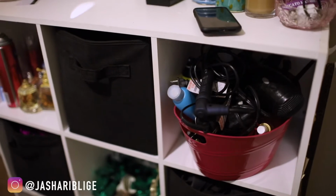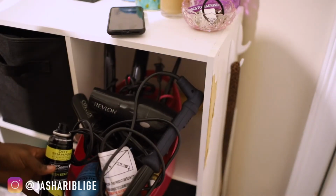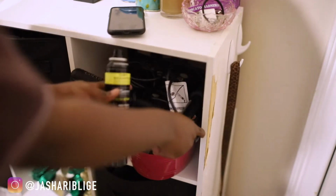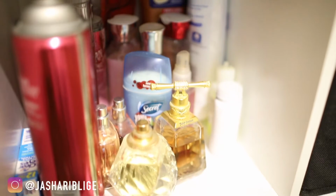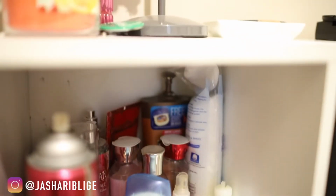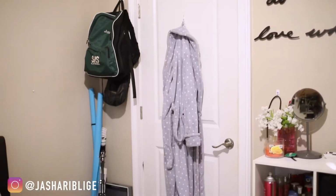a lot. This one right here keeps all of my hair products, so blow dryer, straightener, flat iron, curling iron, everything like that is in this little hole right here. And then on the other side, in this one right here, I keep all of my perfumes, lotions, body sprays, and stuff like that. Alright, so right beside the dresser is my closet, which we're not going to go into,